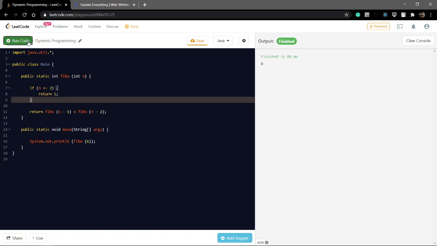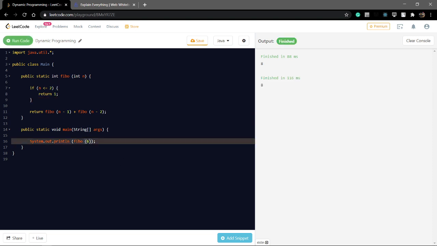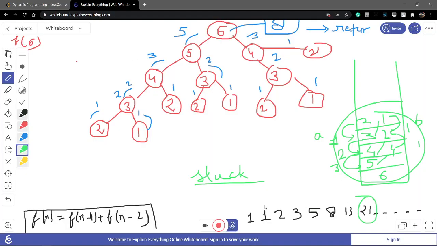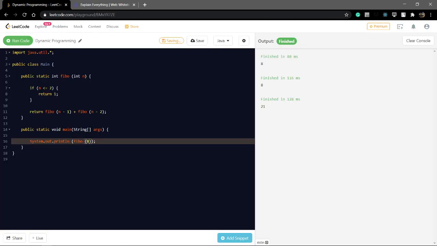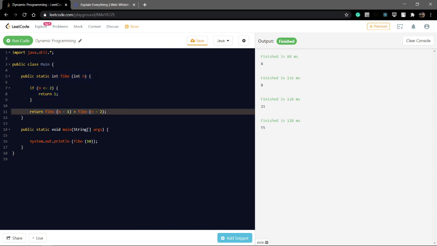Now we run it and it returns 8. Now we have to find the 8th element, that is 21. This is the 8th element: 6, 7, 8. Now we have to find the 10th element. This is correct. So you now know what recursion is.